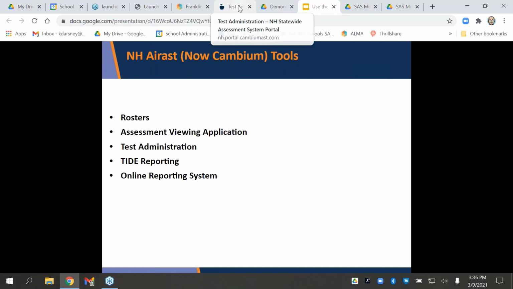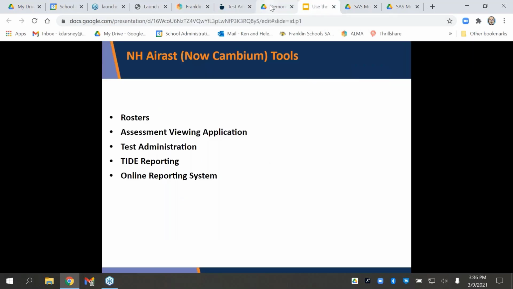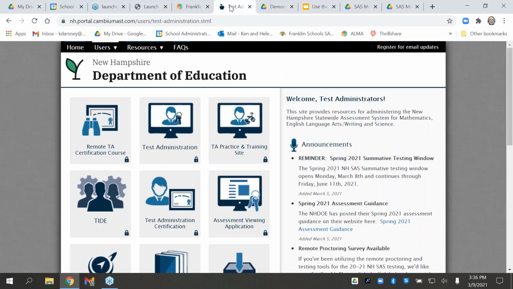Okay, thanks. So let me walk through a couple of things that I use here. Go back to my presentation just as a reminder. The first thing is rosters. Interestingly enough, you really don't need rosters for your students if you're just giving the end of the year test. The kids are all listed as part of your student body. You open up the test, you give them the number, and they take the test, and it's done. But if you're going to use these programs, making up rosters.